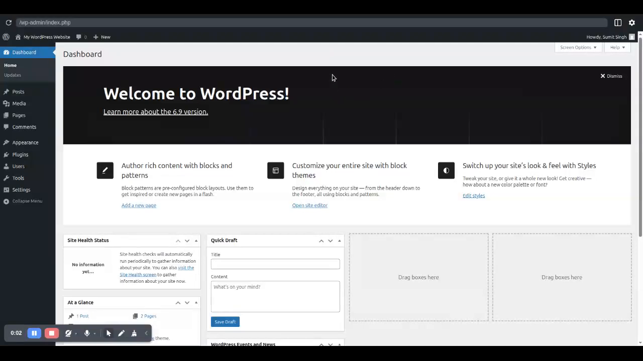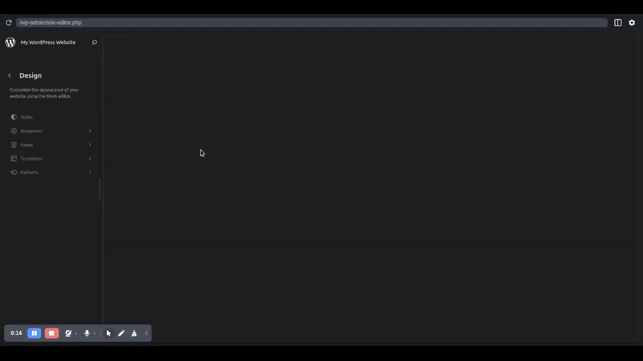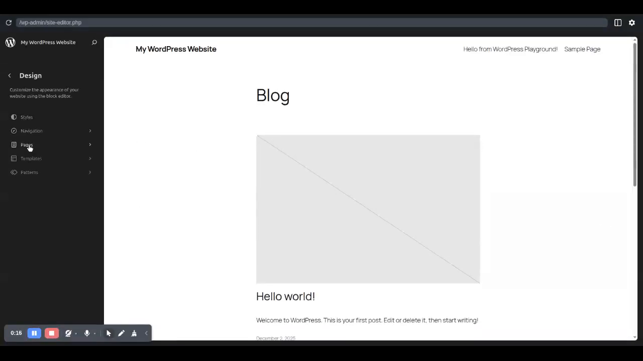Hello everyone, I am creating this video for a quick overview of the block editor. So this is the playground dashboard and the block theme editor option, where you can see the style, navigation, page,